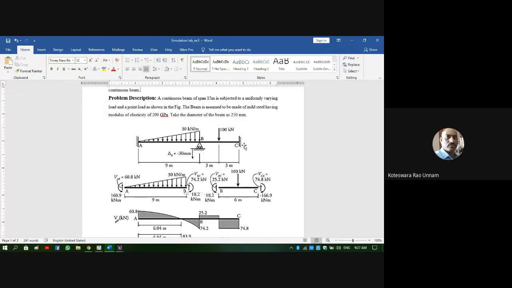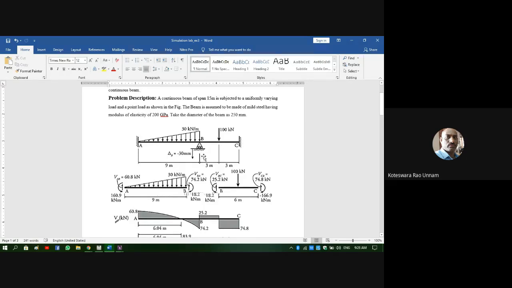Once I've done that, next we need to apply the loads and boundary conditions. First I'll apply the boundary conditions. This end is fixed, that means at A it is fixed, at C it is fixed. Fixed in the sense all degrees of freedom are constrained. Like I already told, each node has 6 degrees of freedom. So fixed means I need to apply zeros to all these degrees of freedom. At A and C, I'll constrain all the 6 degrees of freedom.